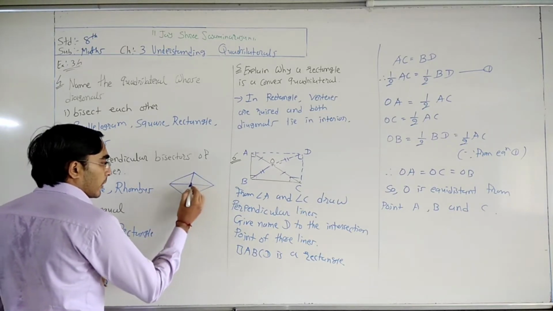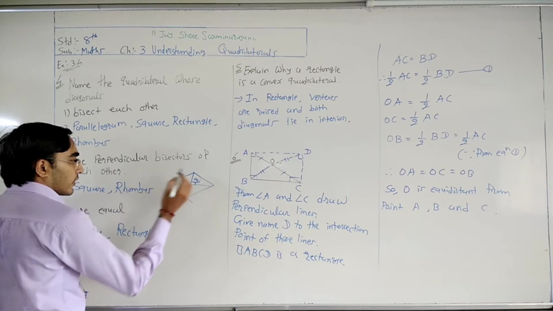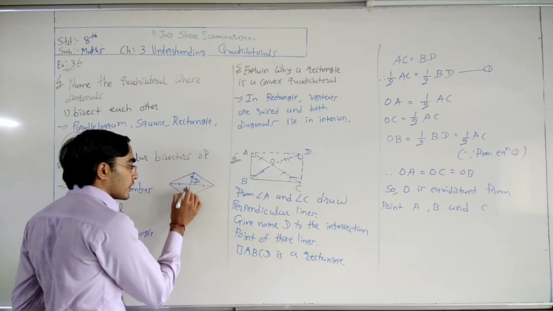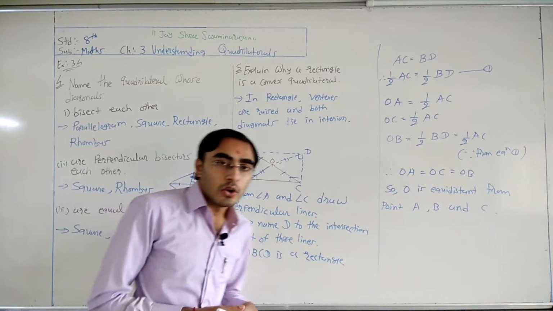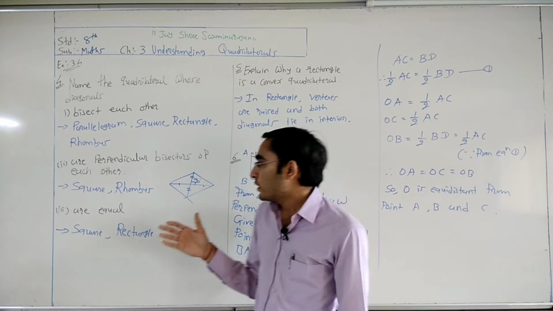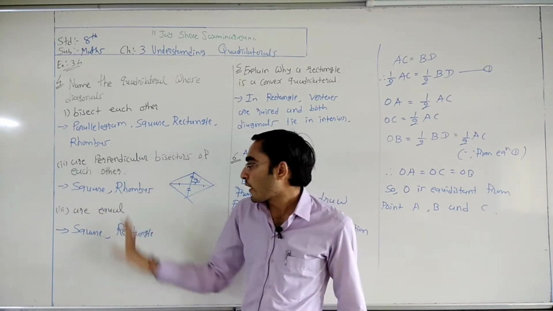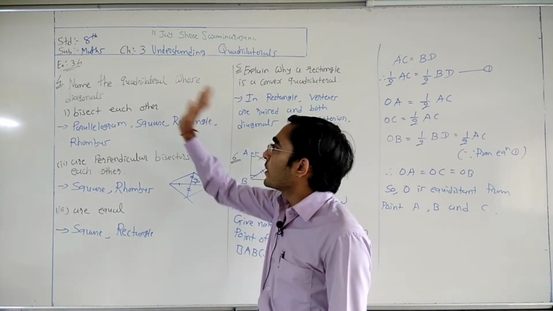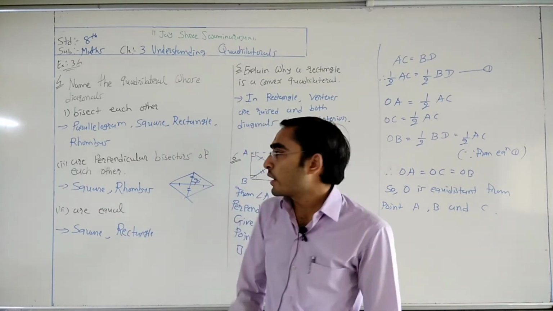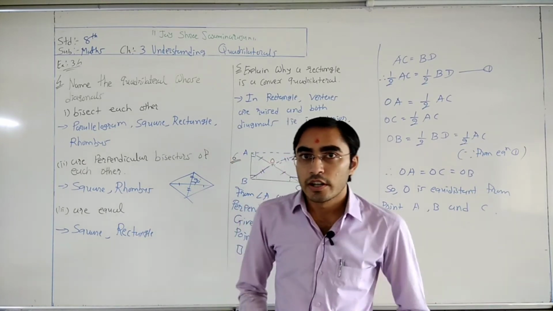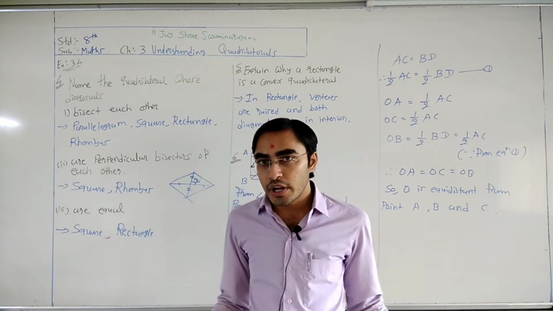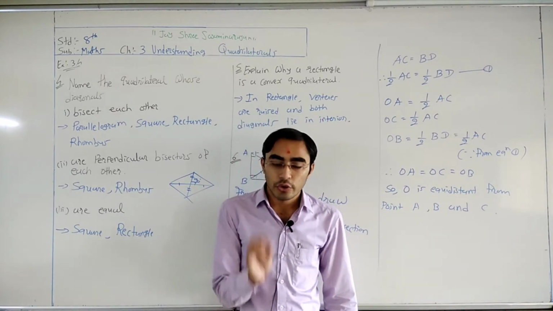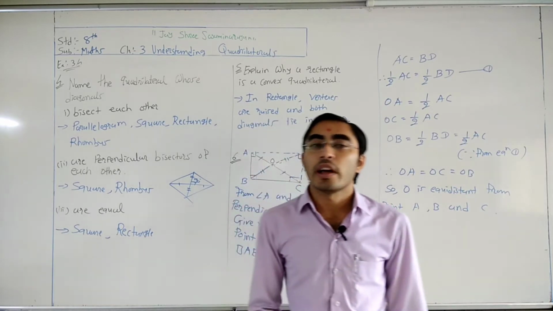Okay, that is like this. Here diagonals bisect each other at 90 degree. Here it makes 90 degree. And bisect means these two parts are equal, these two parts are equal. Okay, so perpendicular bisector is there in this square and rhombus. After that, diagonals are equal. So in square, both the diagonals are equal, and in rectangle even both the diagonals are equal.